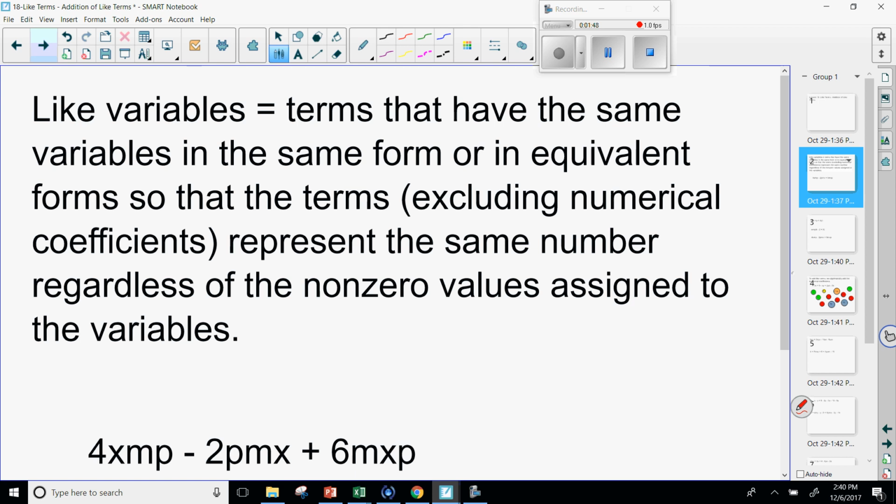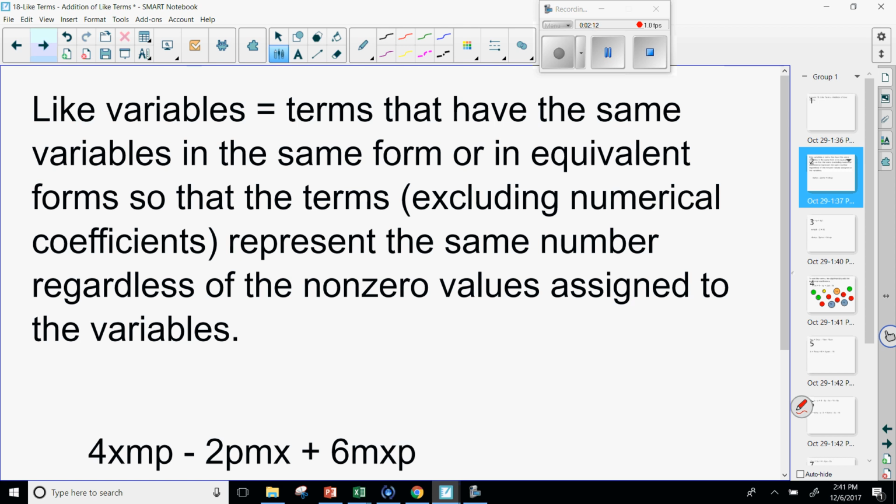So like terms have the same variables in the same form or in equivalent forms, so that the terms, excluding the numerical coefficient, I don't want to look at the number part, I'm looking at the literal coefficient, the variables,